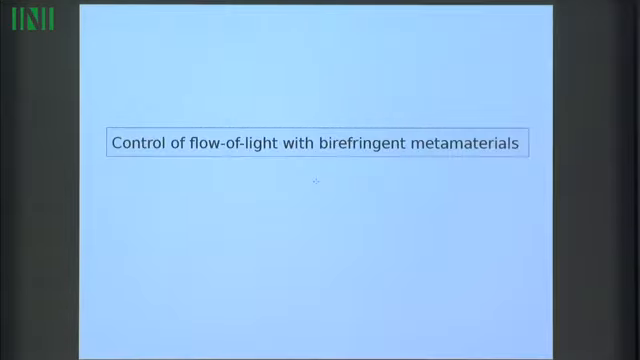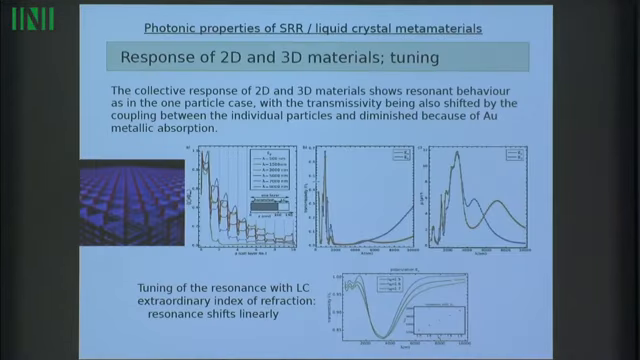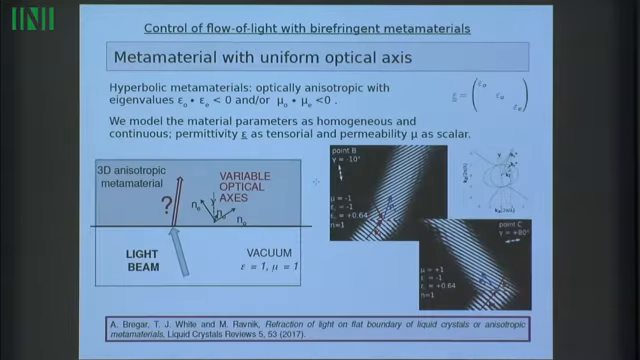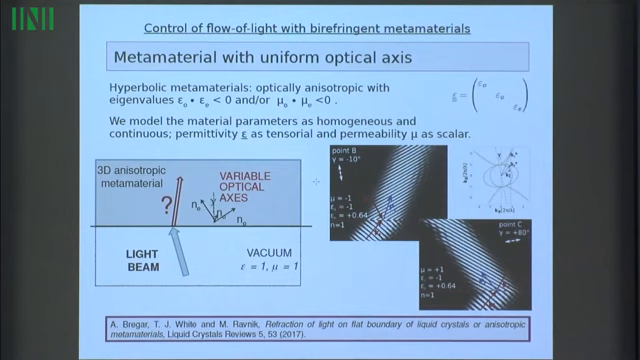Okay, so with this, I'd like to conclude this 2D, 3D metamaterials story and go to something completely different, as I've said. I'd like to finish with the control of the flow of light with birefringent metamaterials. So I'll talk about hyperbolic... sorry, 4 minutes, okay, I'll be quick. So again, I'll take this permittivity